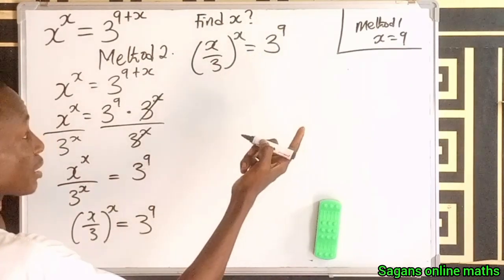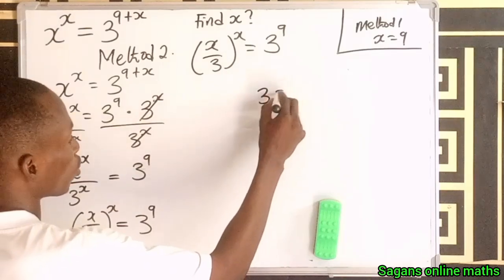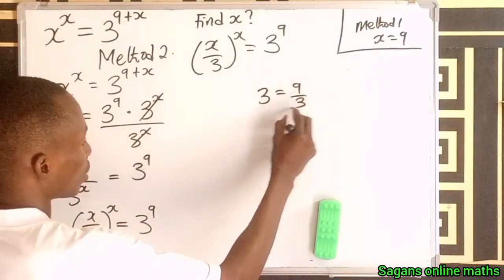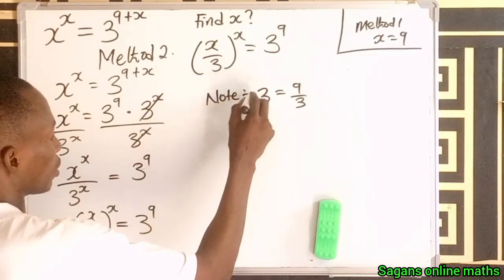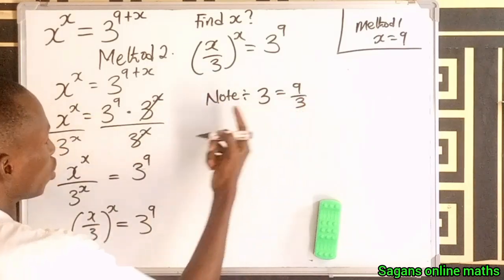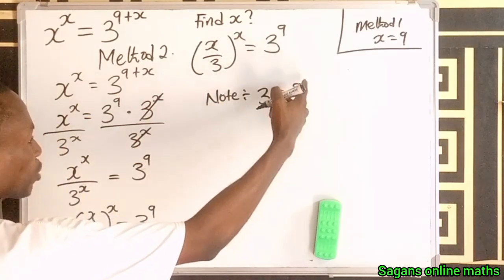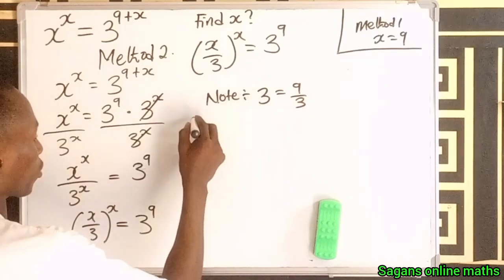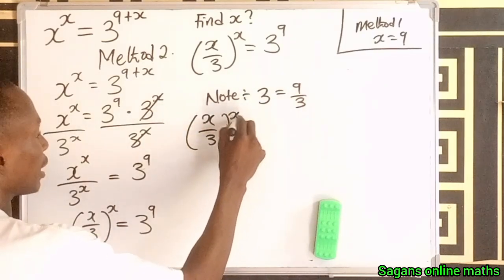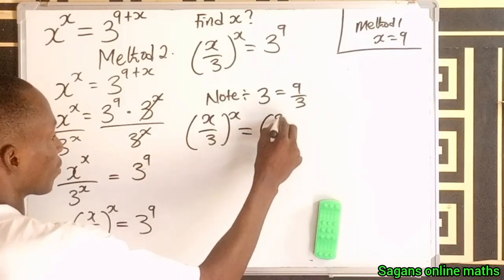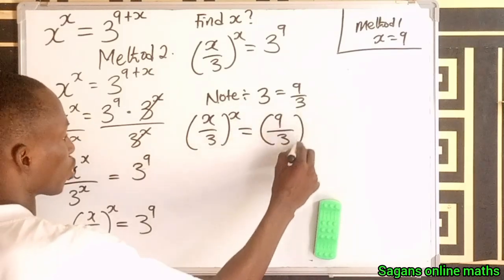I can express this base as what? We know that 3 is equal to 9 divided by 3. Note this, okay? Note that 3 is equal to 9 divided by 3. So I'm not wrong. In place of this 3, I can decide to write 9 divided by 3. So this will become S divided by 3, all to the power of x, equals 9 divided by 3, all to the power of